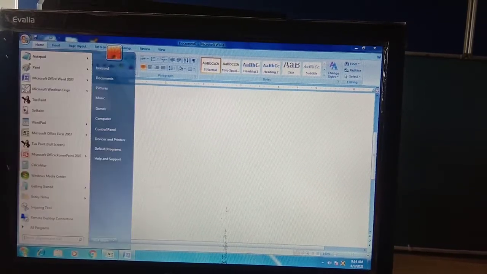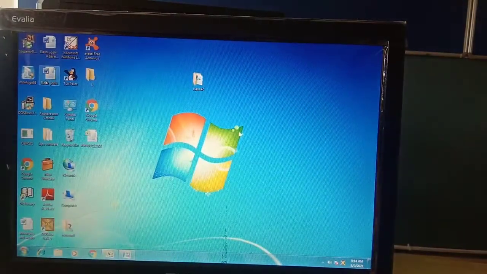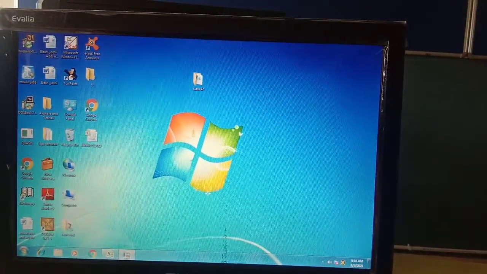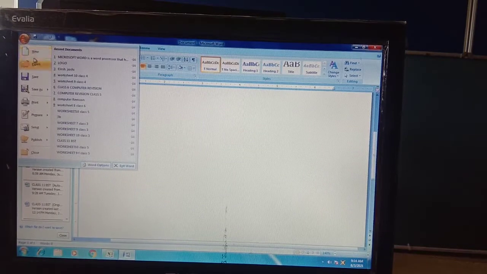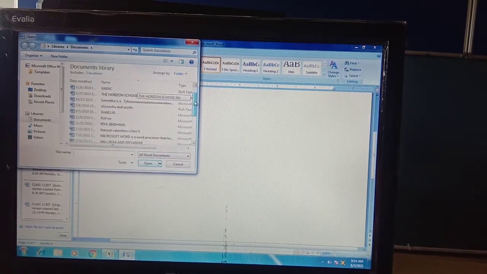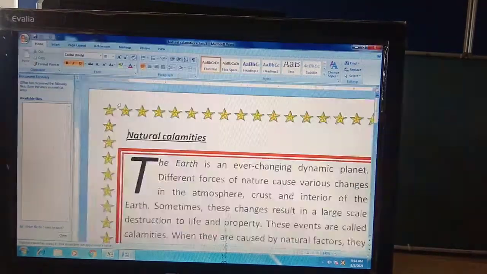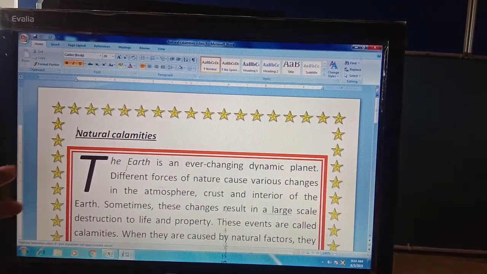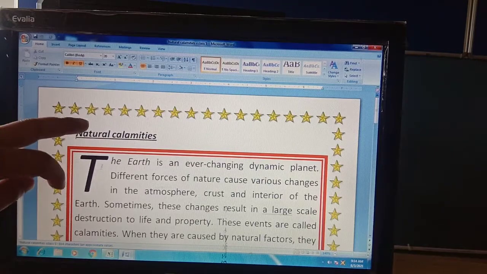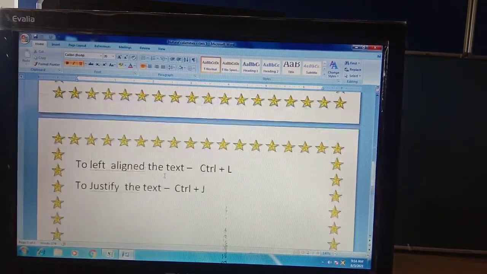Let me open that from there. Wait a minute students, I am just opening the document. How to open an existing document? Just go to the Office button, then go to the Open option. It is saved in this drive in Documents. So let me see natural calamity. This is the topic we have made, with the drop cap option and these things we have done earlier.